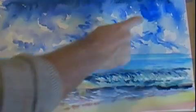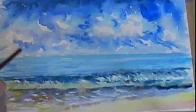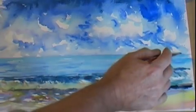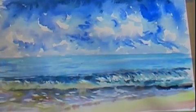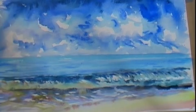Our painting is just dry enough. There's still some slightly wet areas, but now is the time to come back with my ruler. Okay. So first of all I have to paint an ultramarine across here, and then I'm going to put a bit of the Prussian into that. So I'll mix up my